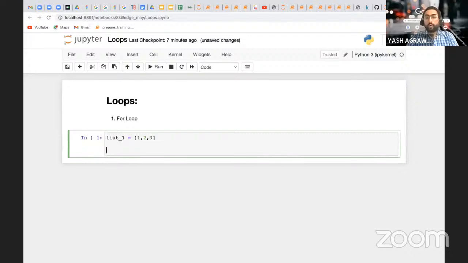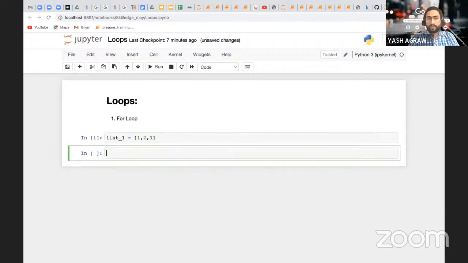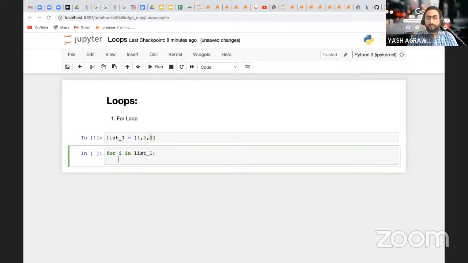We already know this is a list. Now I want each of these numbers one by one. So I write for, which is a keyword, i in list 1, now colon, print i.